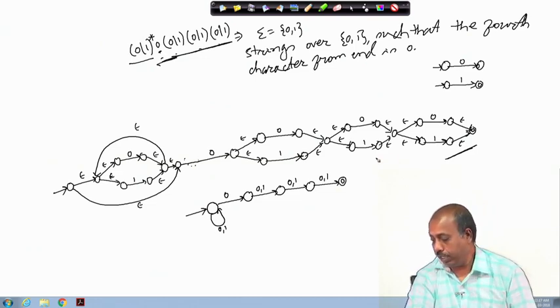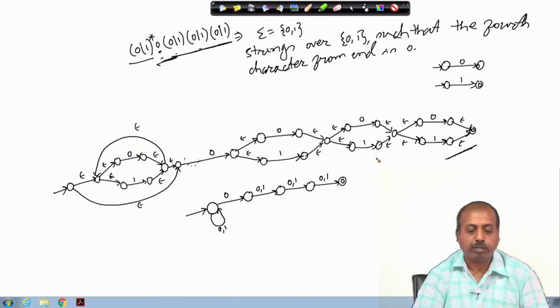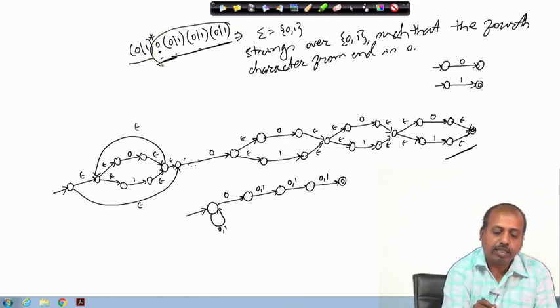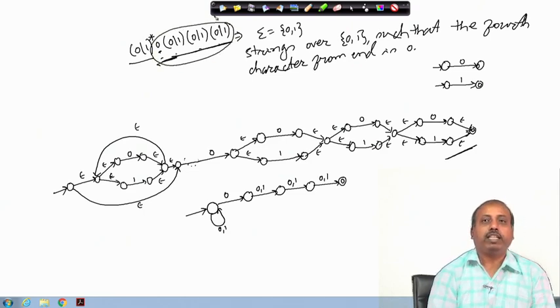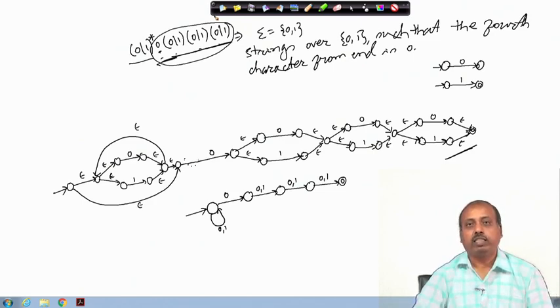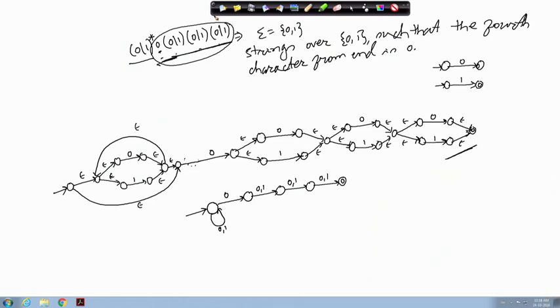Okay. So, now you can try to convert it into DFA, but converting to DFA will take a good amount of effort because of this reason that at the end we have got something like this: fourth character from end is 0. So, in our class, we have discussed previously that whenever you have got this type of situation, then there is a possibility of state explosion. So, this is a typical example where the state explosion may occur.